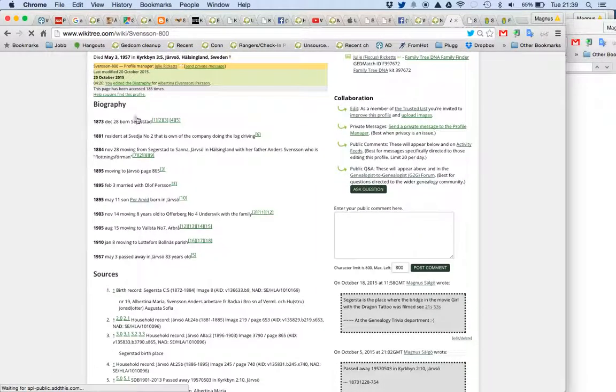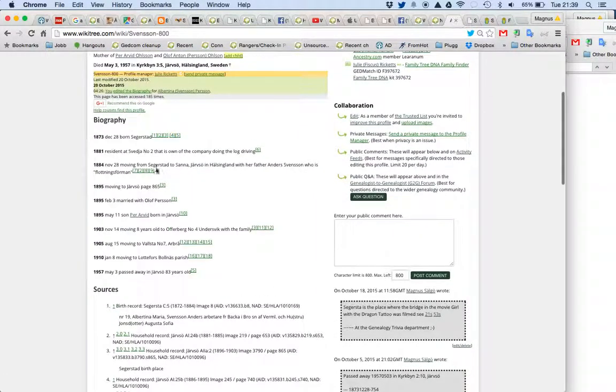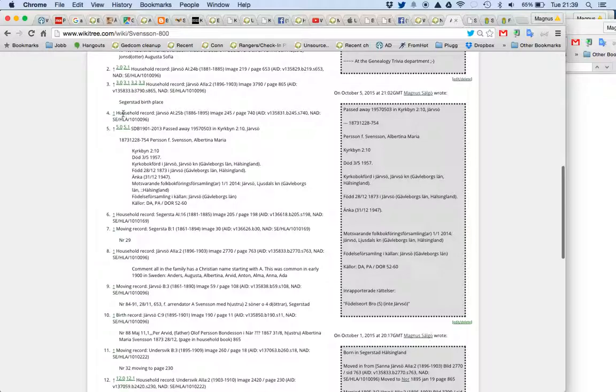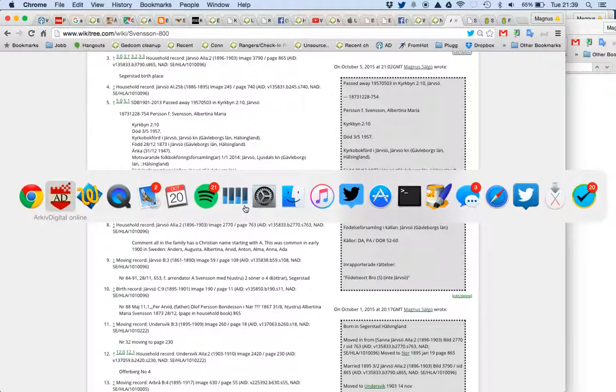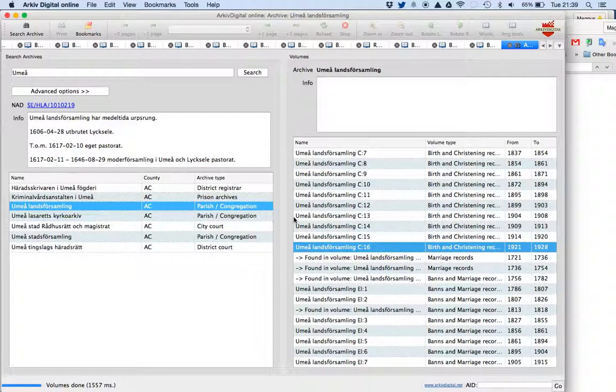So in this case, I have all the references, but when you go down to the reference, it says household record, Jersey A1. But you can understand it from the A, B, C, and so on. So here we have moving in or out records, the B serial, and so on. And this format is easy to get, because